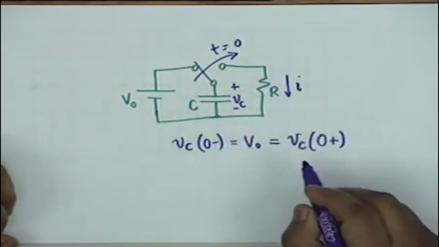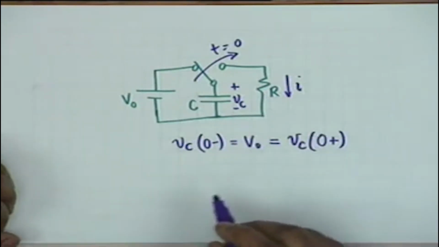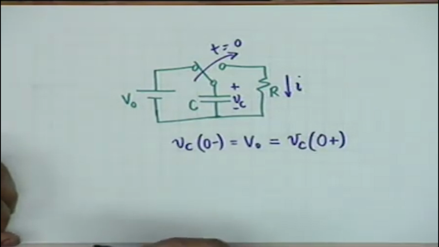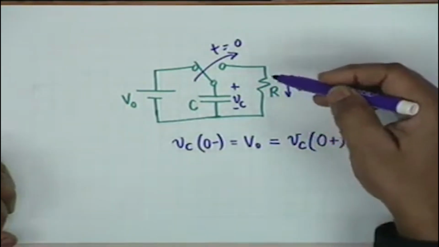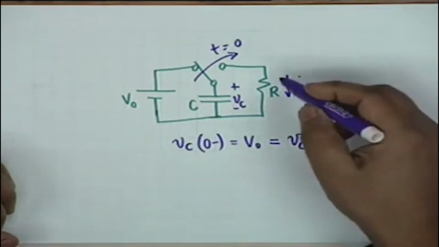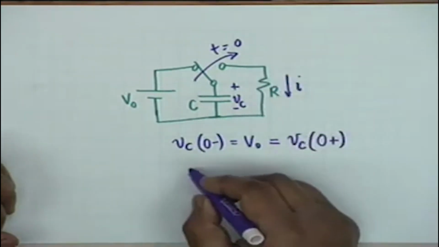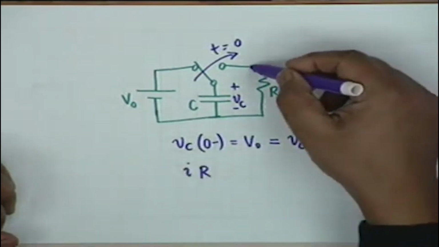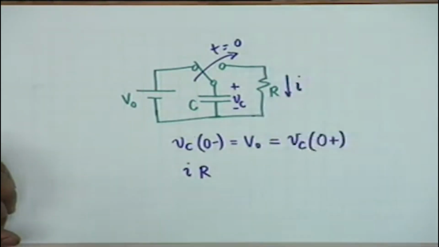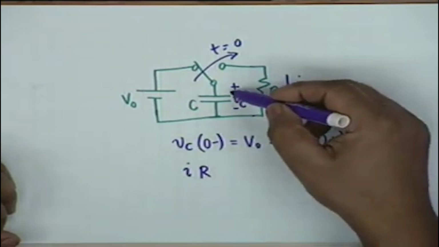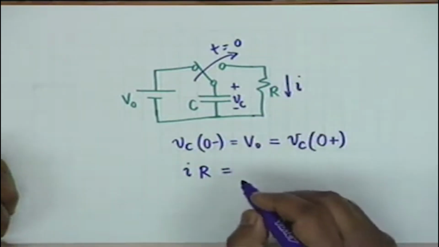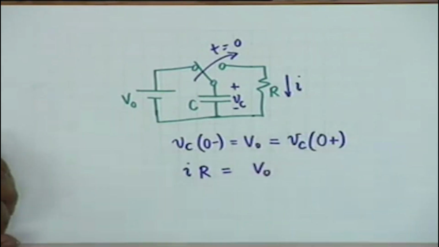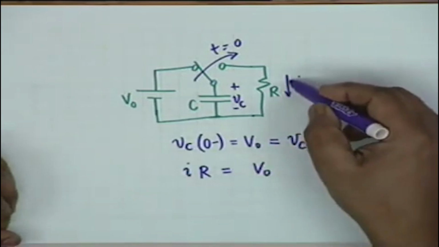And if you see the equation describing this, once again it is an application of KVL or common sense. It says that the drop across the resistance, IR, should be equal to the drop across the capacitor, that is V sub C. Now what is V sub C? V sub C had started with V0 at t equal to 0, and as time proceeds,